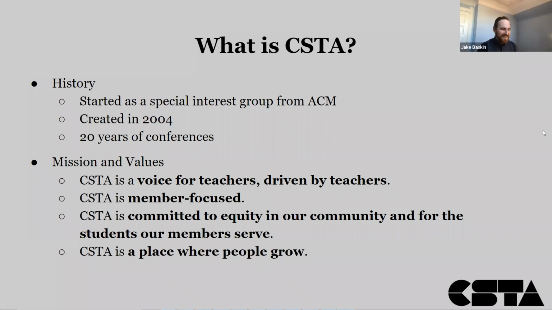And the second thing that I think is so powerful about CSTA is we believe that teachers are experts and should be treated that way and should be highlighted for what they know. And so the professional learning we provide, the experiences that we try to create, are all based on centering teachers as folks who can help solve problems and lead us together through the challenges in teaching computer science.